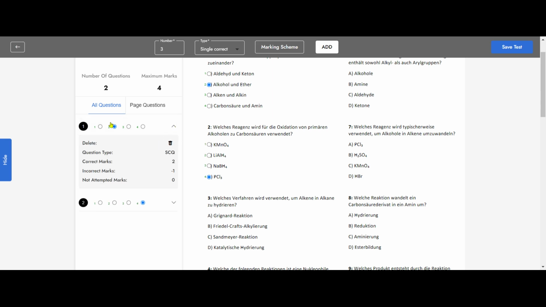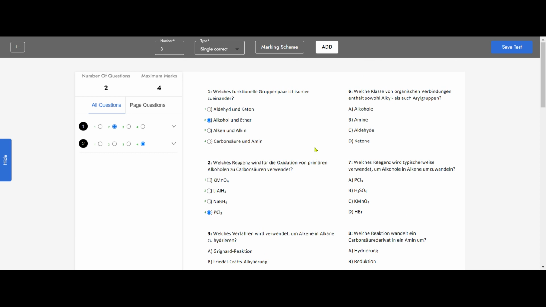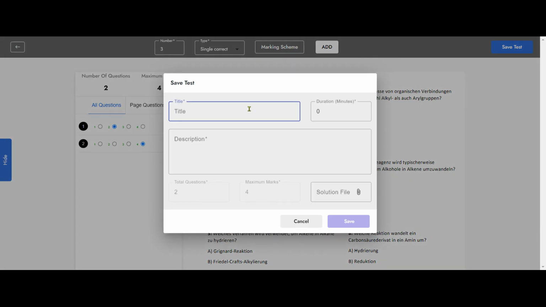So you can see these questions are made very easily without doing any cut paste, etc. Even if you have a question paper of 100 questions, it will hardly take 25 to 30 minutes to make it an online quiz. So after I am done, I go on save test, and I